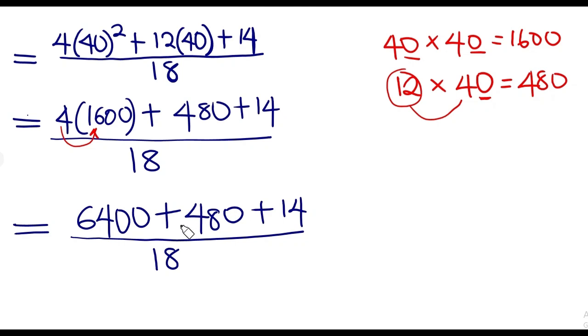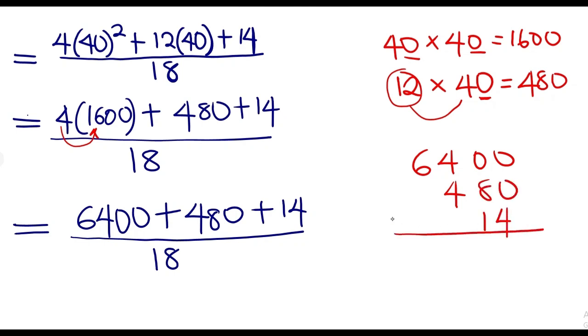To hold this numerator, you have 6400, then we have 480, then we have 14. Summation of everything, we add them together, and we have 4 here, we have 9 here, then we have 8 here, then we have 6 here. That is 6894. So at the end of the day, we have